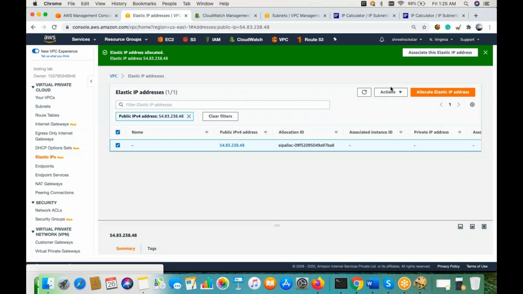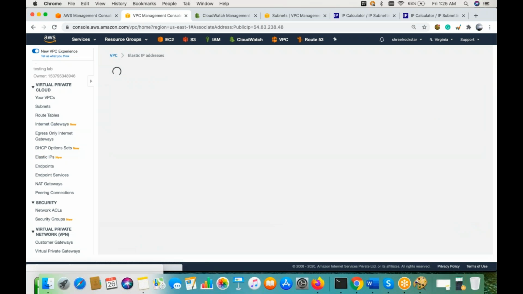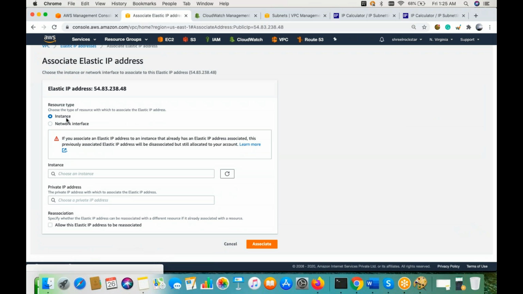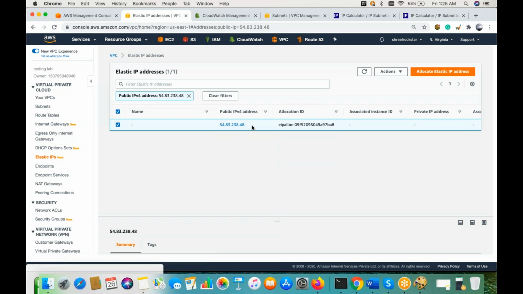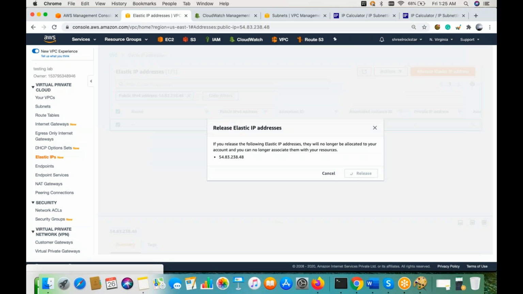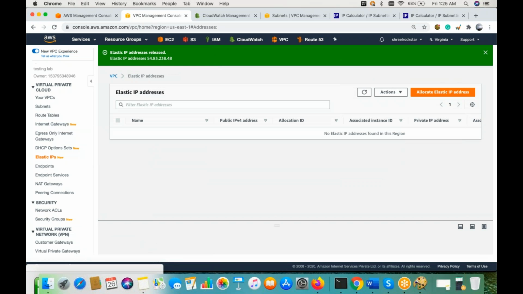Now I have the right to attach this to any running machine. I don't have any here, but I can attach it to any EC2 instance. But let's say I missed attaching it, and this IP address keeps residing in my account. That will be chargeable because I'm not using it, but I have allocated and reserved something without use. But if you are using it with your instance, that is totally free. So if you have an Elastic IP available, you can release it immediately if you are not using it, then it is free of cost.